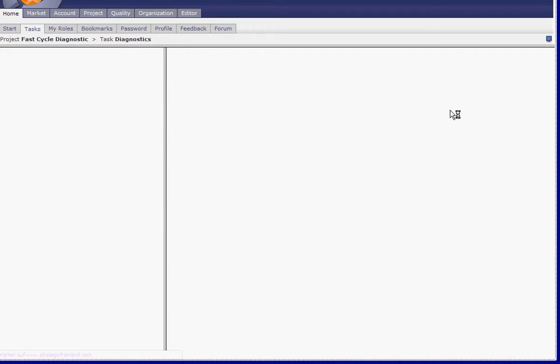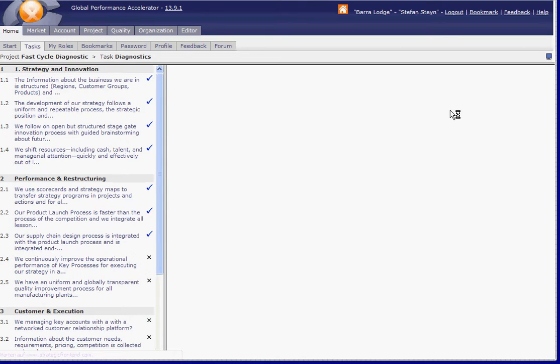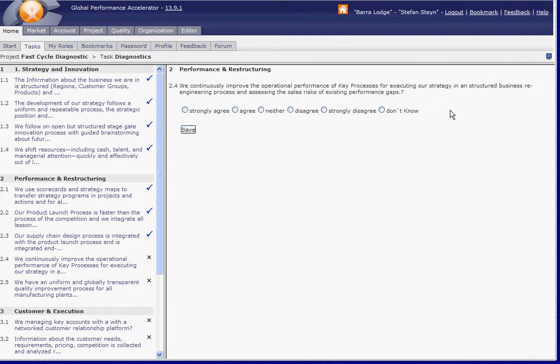This is something which everybody has to fill out. It is benchmarking the current process of the company with the best practice.